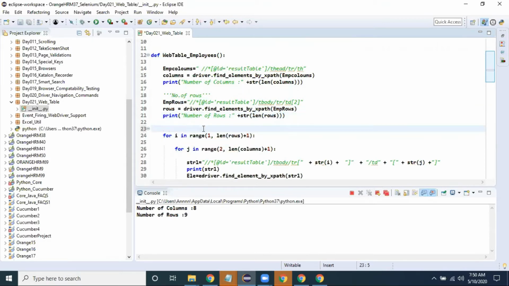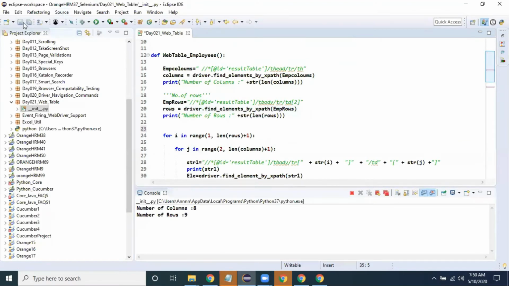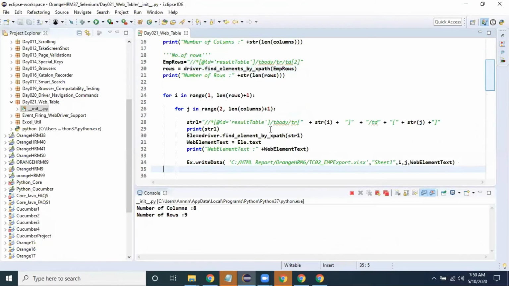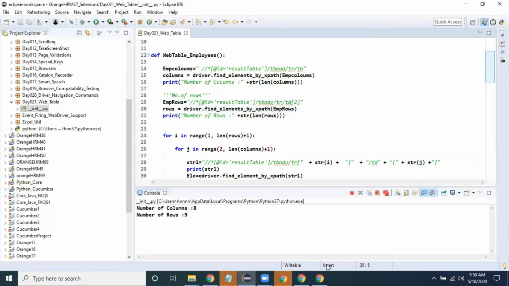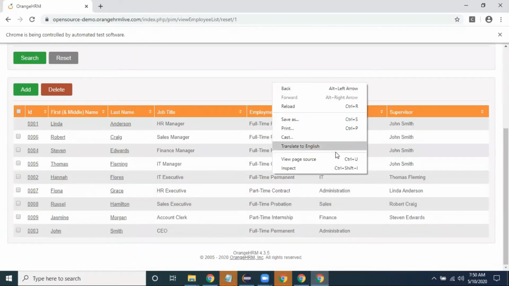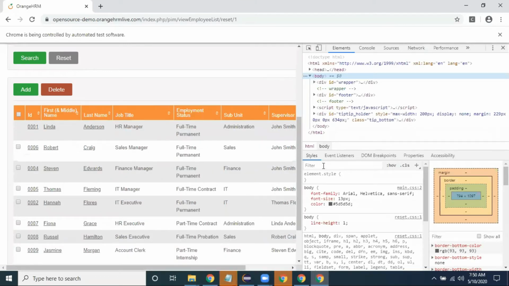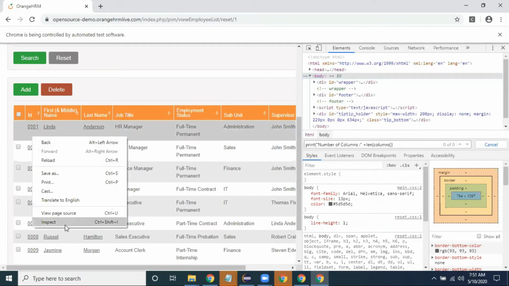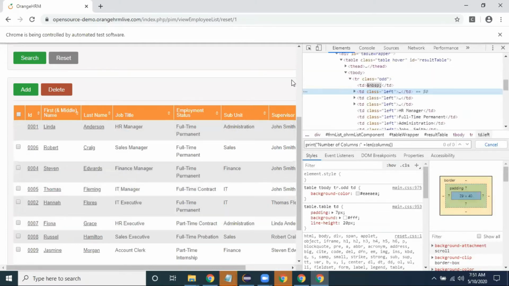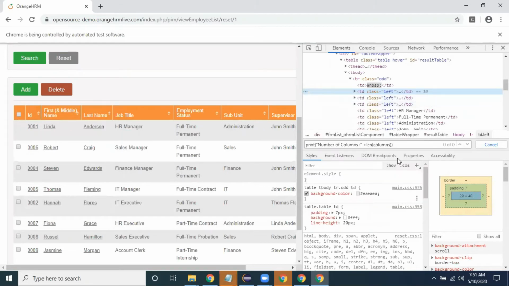Yes. Now let's understand the remaining logic. So after executing this for loop, I'm going to tell you how to traverse each and every cell. To traverse a cell, I will show you right now. I am right-clicking and inspecting, Control F, Control V. Just a minute. The first cell value I'm taking, copy XPath.